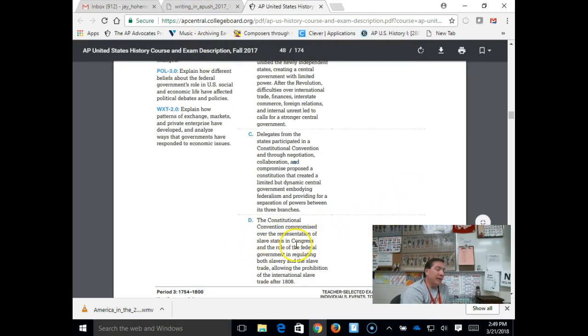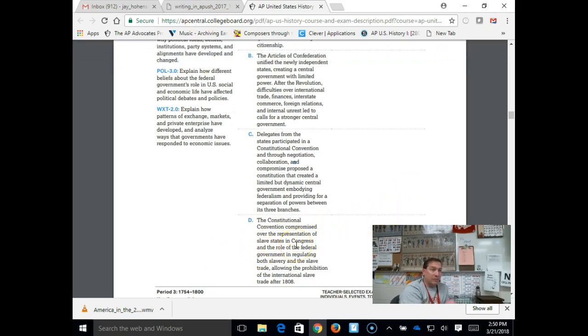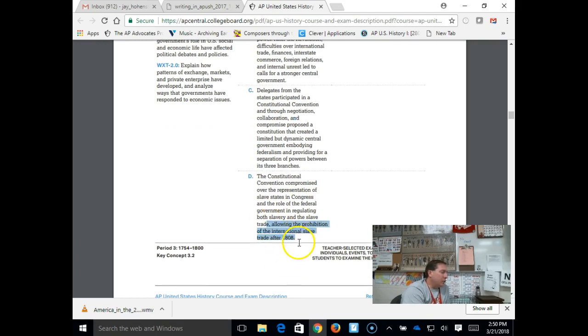So remember, the next compromise is the 3/5 compromise. Southern states want more representation in the House of Representatives because they want to count African American slaves as people who are also counted for the census. Also remember, until 1808, the slave trade is going to be permitted, bringing slaves in from outside the country. And they're going to prohibit the discussion of slavery inside Congress until 1808 because they think that slavery is dying out, which is true until the 1790s with what invention? You're awesome.